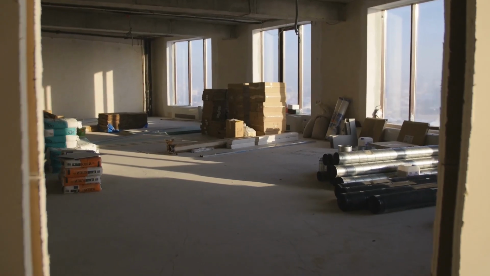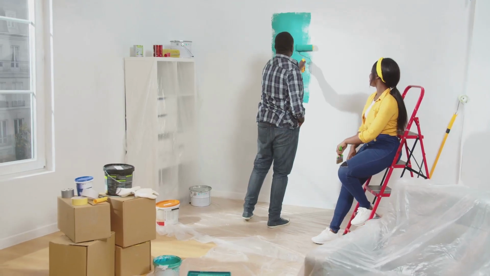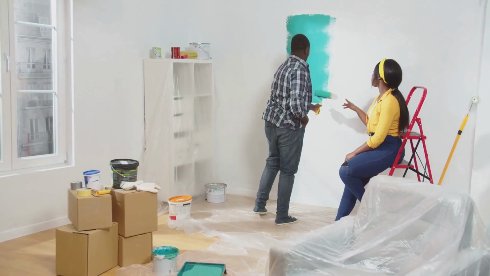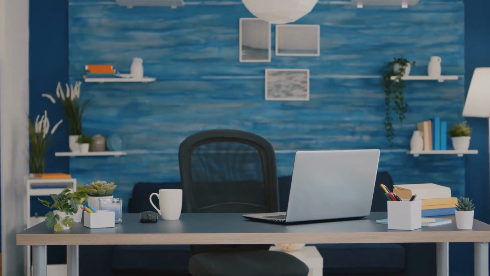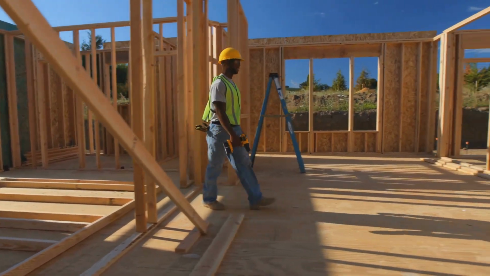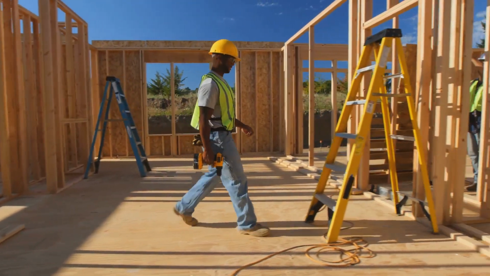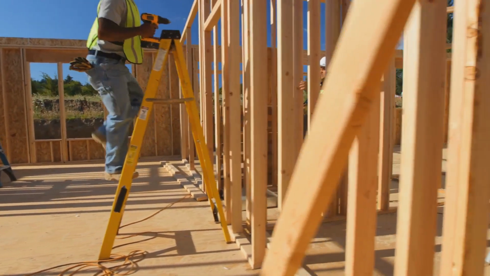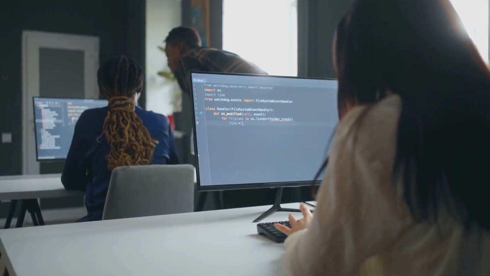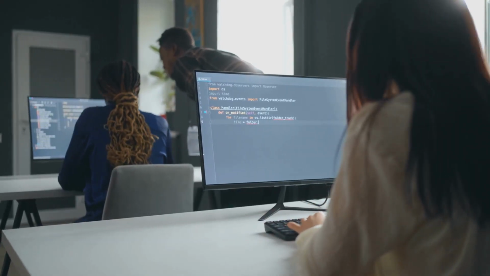But a bare-bones structure isn't very inviting. That's where CSS comes in. Like the paint, furniture, and decorations of a house, it makes the website visually appealing and engaging for visitors. Just like constructing a house requires both a sturdy frame and stylish decor, developing a website requires both HTML and CSS. These two technologies are the fundamental building blocks of the web.